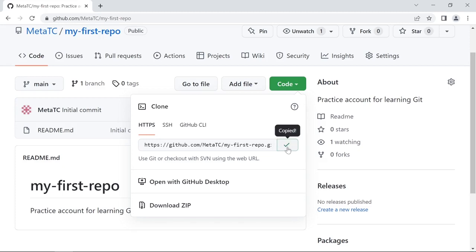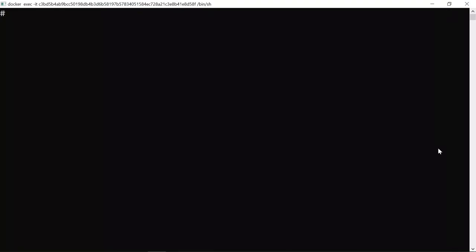Now I go to my command line that I will be using to run the commands to clone the repository. I'm currently in my home directory. Okay, so what I usually like to do is create a directory for all repositories that I'm working on at the moment. First, I create a directory using the command mkdir. Then I type the name of the directory I want to create, which is projects. Next, I can cd into that,